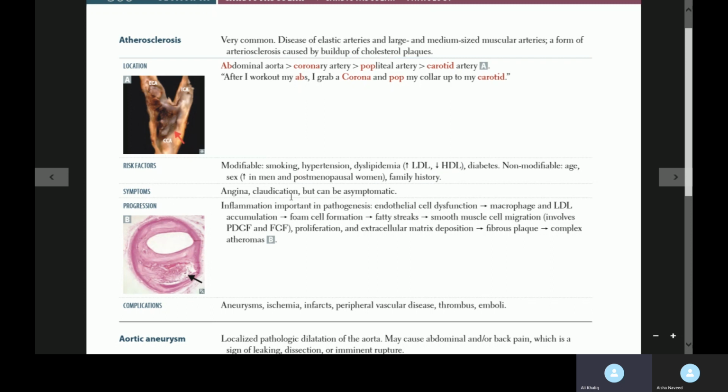Anyways, the symptoms obviously will be angina, claudication, but sometimes can be asymptomatic. Most of the time these patients remain asymptomatic until the vessel diameter gets too narrow. For example, if you have a patent vessel through which 100% of the blood is going, then because of atherosclerosis, in the beginning 90% is going, then 80%, then 70, 60, 50, until you become symptomatic. Are you getting me? So that's why the patient